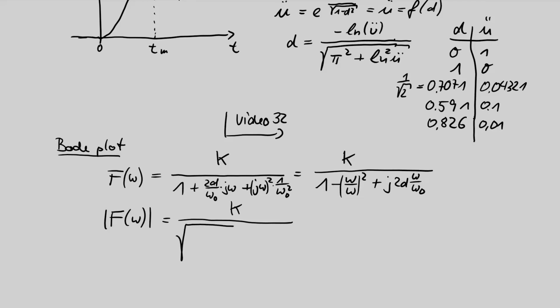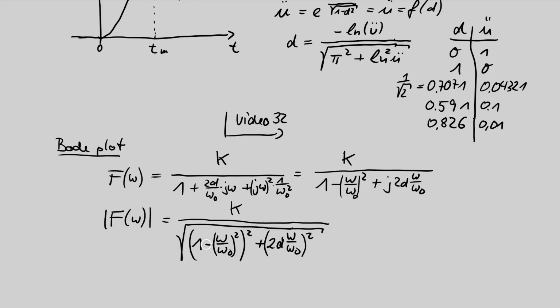And here we have a real part, which is 1 minus omega divided by omega naught, squared, and then we have to square the real part plus the square of the imaginary part, that is 2d omega divided by omega naught, squared. So this expression